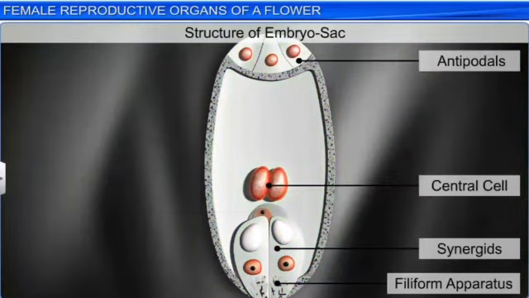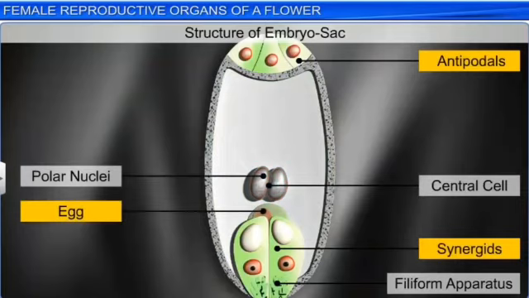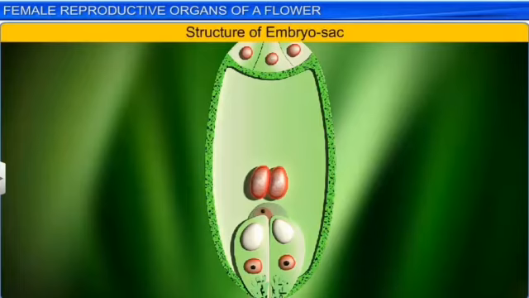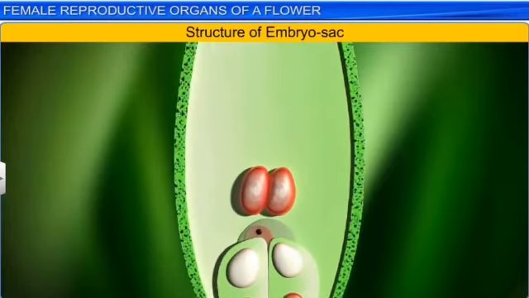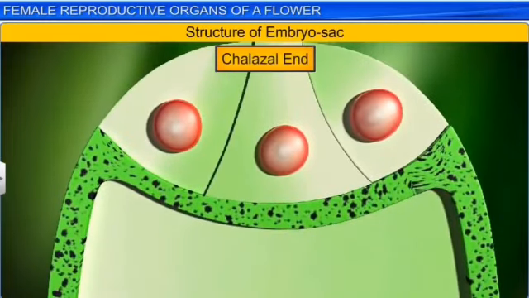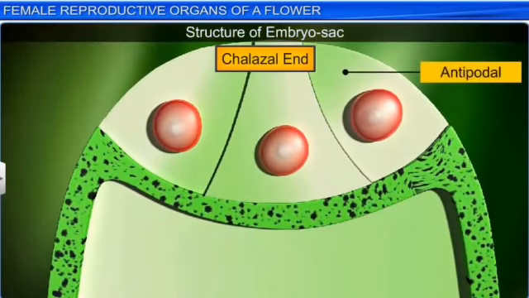And these antipodal cells do not have any specific functions. So here in the diagram we can observe very well the antipodal cells, the central cell having the 2 polar nuclei. Furthermore, if you observe the crux of it, the 3 cells arranged at the micropylar end forming the egg apparatus mainly consist of the 2 synergids and 1 egg cell. Here we can observe the 3 cells at the chalazal end which form the antipodal cells.